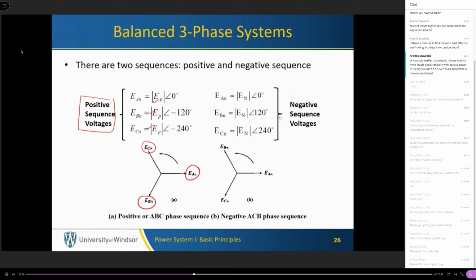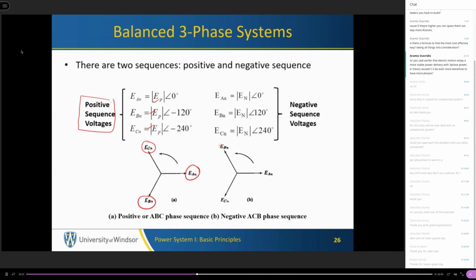We have another sequence which is called the negative sequence. Again, the voltages have the same magnitude, but the shift is different. Like here we have phase B leading phase A and phase C lagging phase A. So if you look here, phase B in the positive sequence has an angle of negative 120, but in the negative sequence it has a positive angle. The negative sequence voltages and the positive sequence voltages are important when we analyze unbalanced systems,